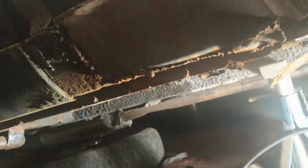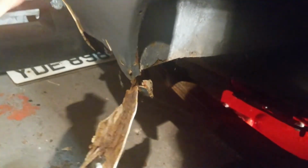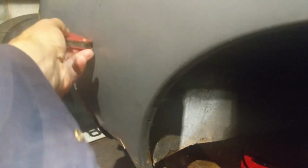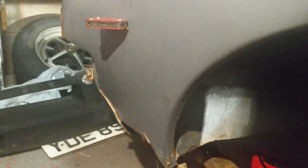I've got a huge bit at the back. You'll remember from my very first video, and so this bit is, well, look at it, it's just awful. I think there might be rust on rust here, and it needs to get cut all the way up to about there. Okay, you can see where the magnet starts working. Below that it just falls off, but about here we've got a magnet. So I think I'm going to have to cut along here somewhere, take quite a lot out,